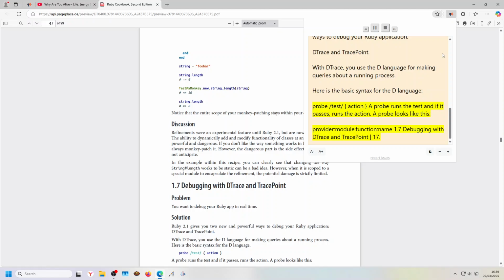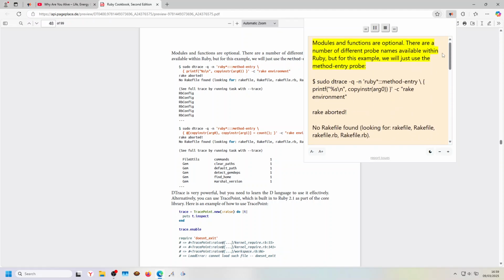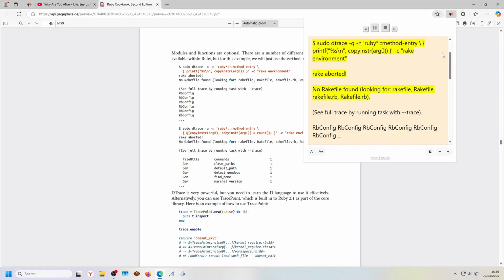1.7 Debugging with dtrace and tracepoint. Modules and functions are optional. There are a number of different probe names available within Ruby, but for this example, we will just use the method entry probe. $ sudo dtrace -q -n 'ruby*:::method-entry { printf("%s\n", copyinstr(arg0)); }' -c 'rake environment'